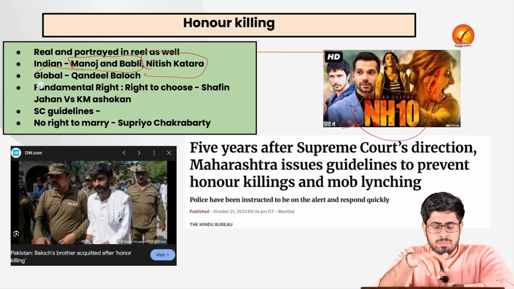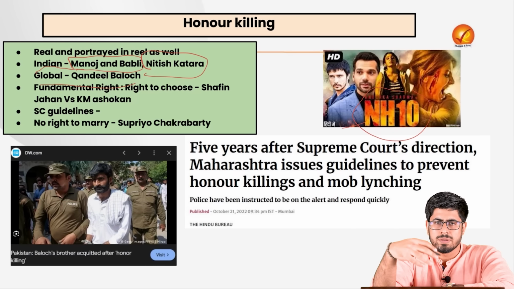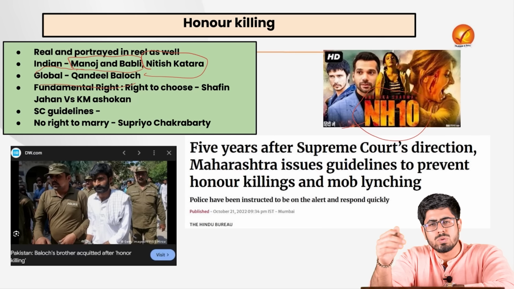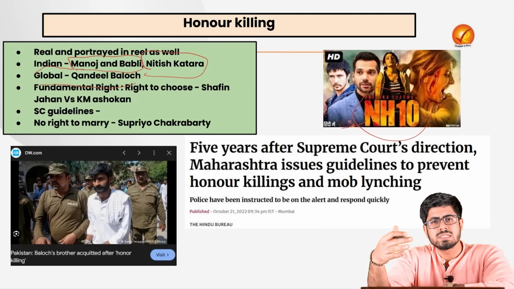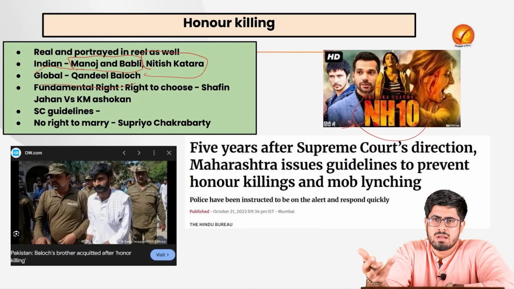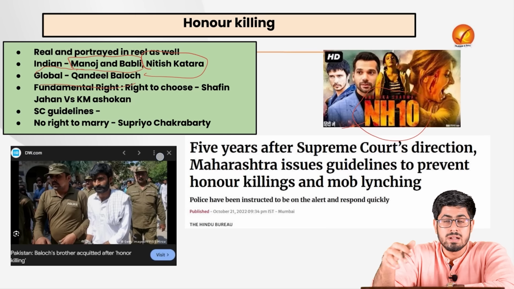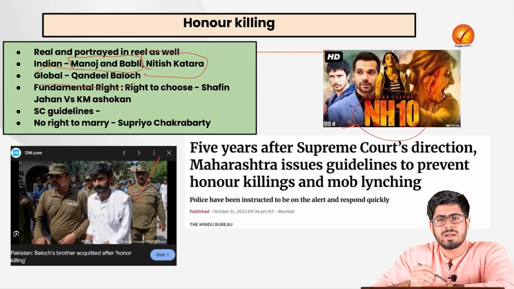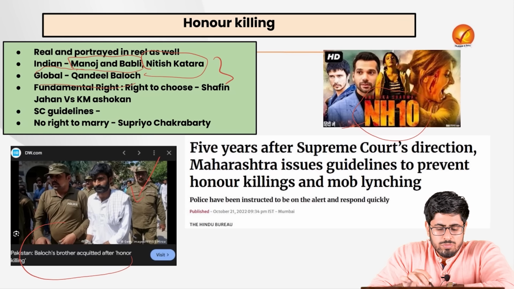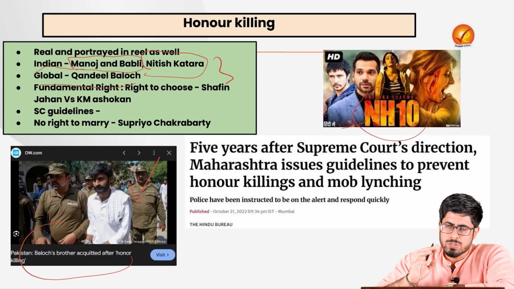Not just in India, but also across the world. In fact, in Pakistan also, we had a woman called Qandeel Baloch. She was killed by her own brother, because apparently she had violated the honor of the family, because she created certain TikTok videos which were not appreciated by her family as well as the community. So he actually killed her. And Pakistan being Pakistan, the brother was even acquitted after this honor killing. So this is a global phenomenon, but it violates a very principle of fundamental right,